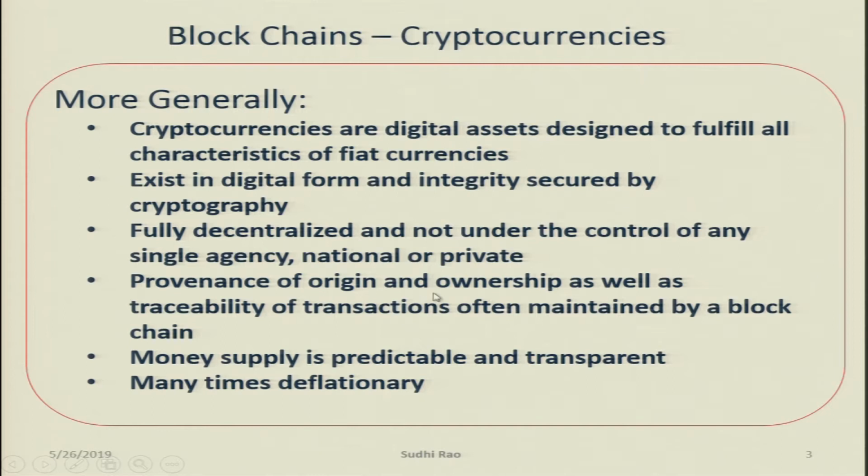Another characteristic of cryptocurrencies is that for every unit of the currency issued, whether it is a Bitcoin or Ethereum or Litecoin or Ripple or any other currency, any dog coin, so many coins are coming out in the market, the provenance of origin and ownership as well as traceability of transactions are maintained by a blockchain. Most of them are built on a blockchain, and thanks to that, if there are 5 million bitcoins in the world today,